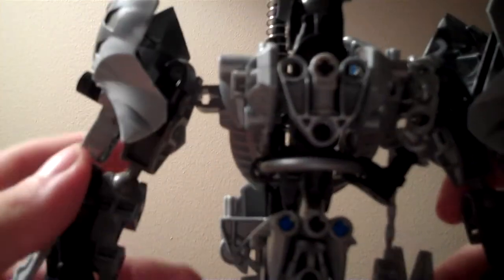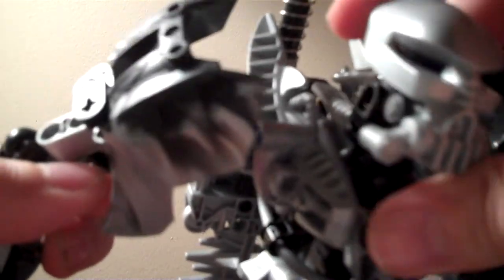What turned out of it was these silver feet right here. I believe those are Hydraxins. I could be wrong. It's ironic because I'm using his mask too. I put them on a silver Zamor launcher. You can kind of see right there,